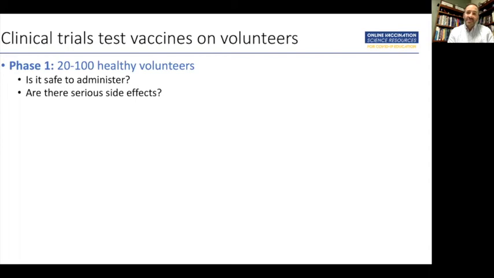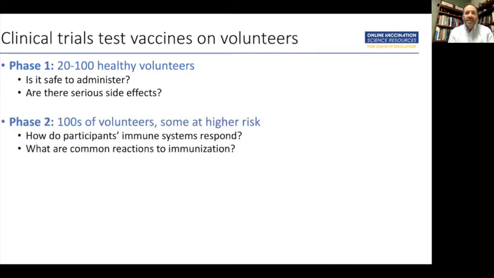The first is called phase 1, and it usually involves a small number, just a few dozen healthy volunteers. And the purpose of these studies is just to be able to give the vaccine to those volunteers and ask, is it safe to administer? Are there any serious side effects? Does anybody get really sick from just getting the vaccine? Typically, these can be conducted rather quickly before moving on to phase 2, which is